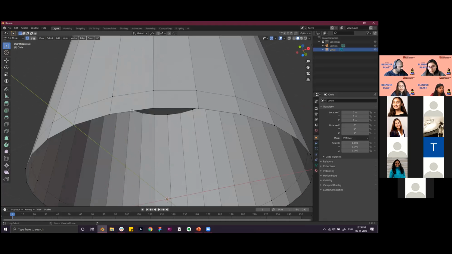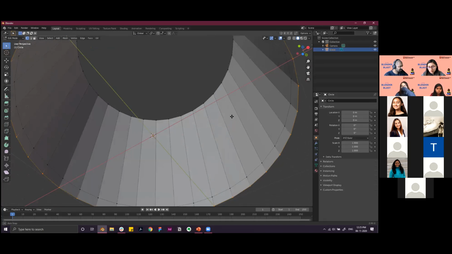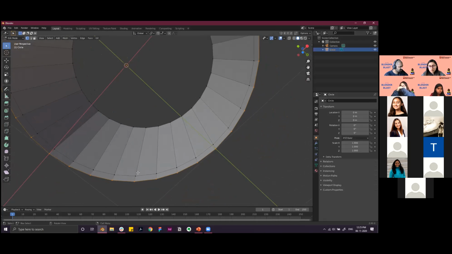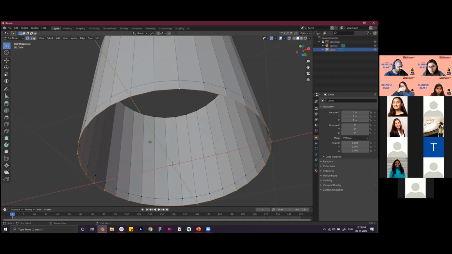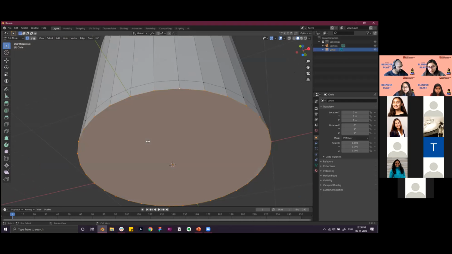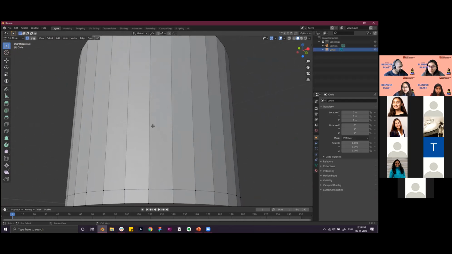We Alt and click, and it will select all of the vertices on the last ring together. And once we have that, we press F. Once you press F, it will create a face. That's a shortcut for creating a face.